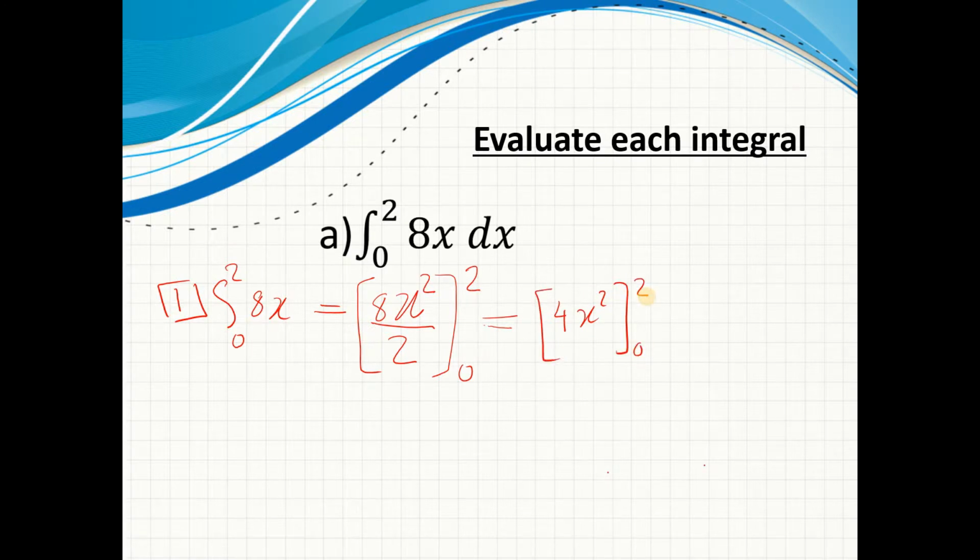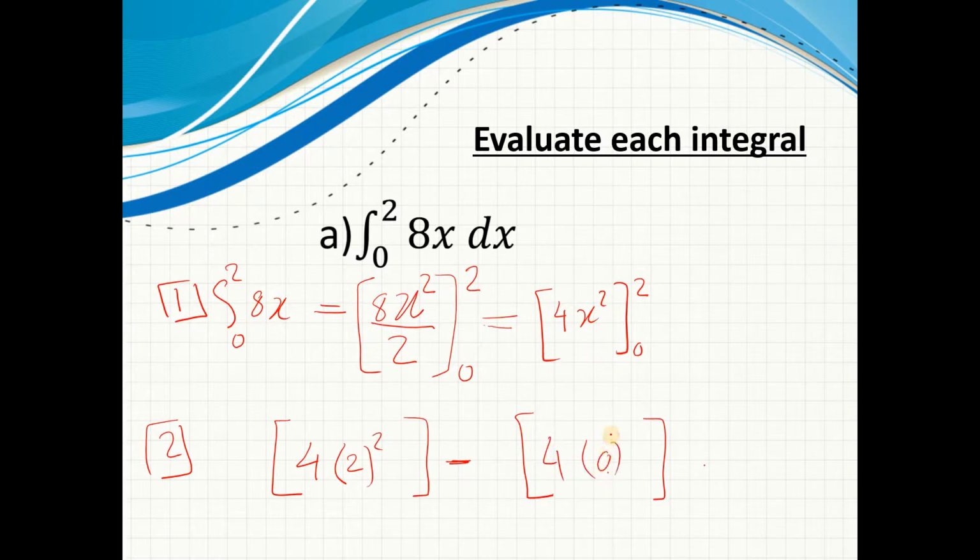Since it is a definite integral, we have a start and an end. In the second step, I'm going to find the difference between F(b) and F(0), the end minus the start. It means 4 multiplied by 2 power 2 minus 4 times 0 power 2. Using the calculator, the answer is